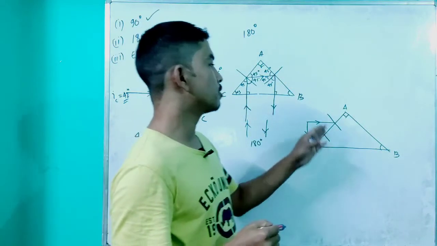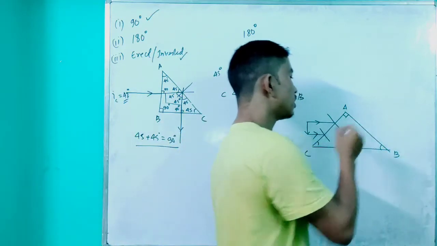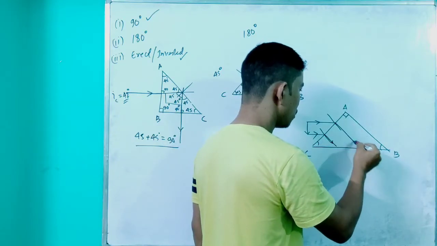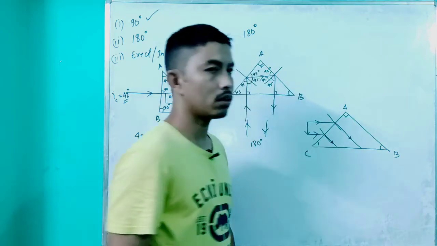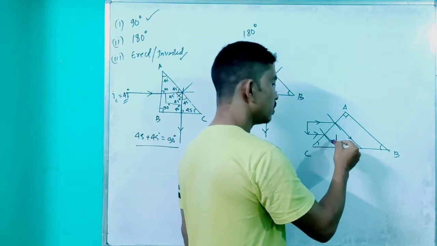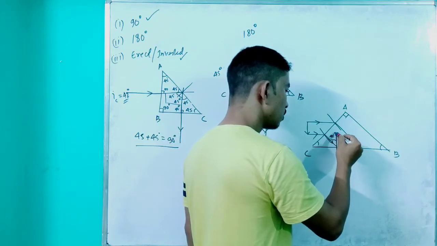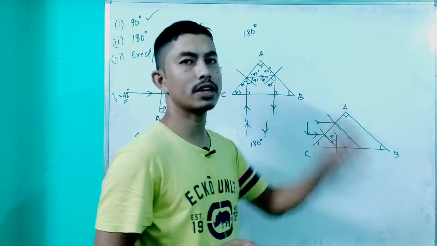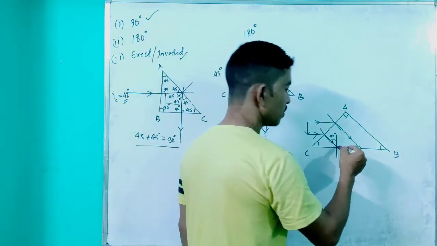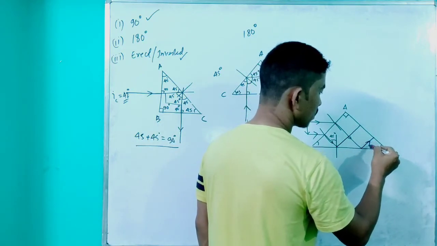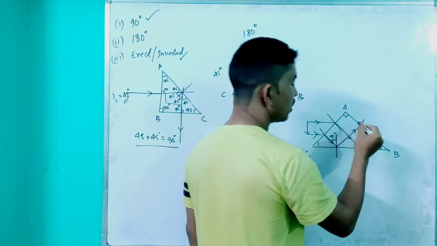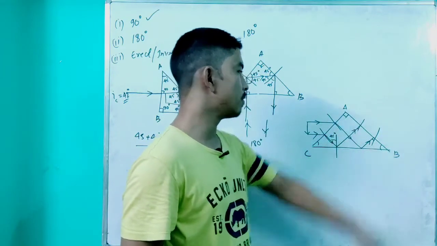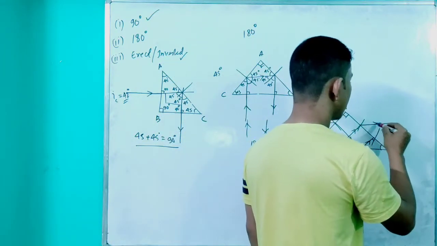Now when the ray of light is passing from a rarer to a denser medium, instead of going in a straight line, it will bend towards the normal. Here the incident ray is incident at an angle greater than 42 degrees, which is here the 45. So in this case the ray of light will be totally reflected into the same medium, that is the glass. So it gets reflected back in this way. Here the angle of incidence will be lesser than the critical angle. In that case the ray of light will bend away from the normal. Thus the ray of light bends downward.